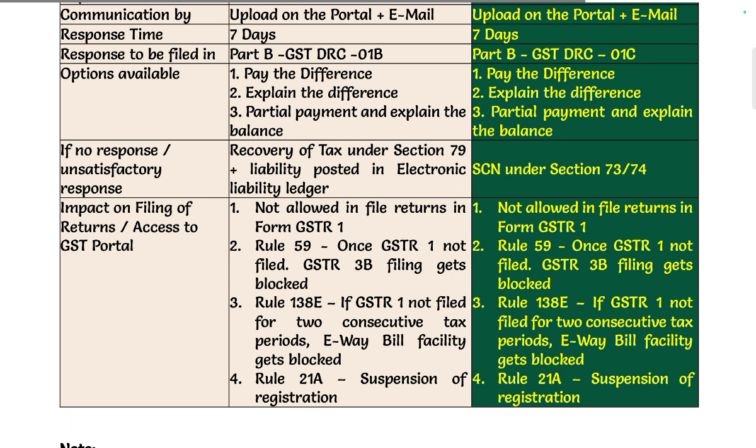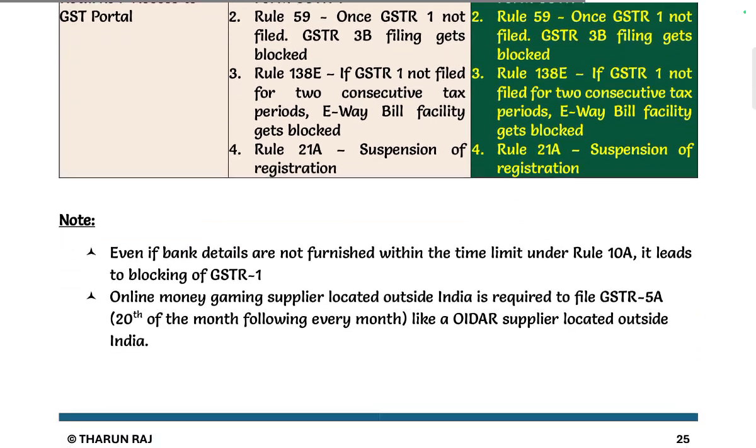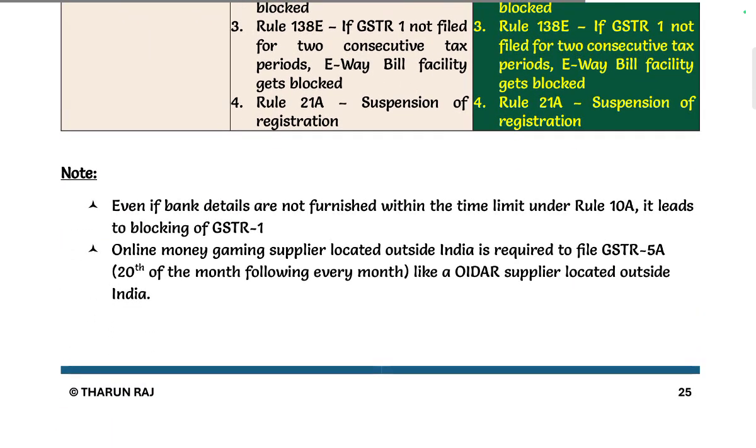Not allowed to file return in Form GSTR-1, Rule 59. Once GSTR-1 is not filed, GSTR-3B filing gets blocked. Rule 138: if GSTR-1 is not filed in 2 consecutive tax periods, the e-way bill facility will be blocked. GST Rule 21A: suspension of registration. Even if the bank details are not furnished within the time limit of Rule 10A, it leads to blocking